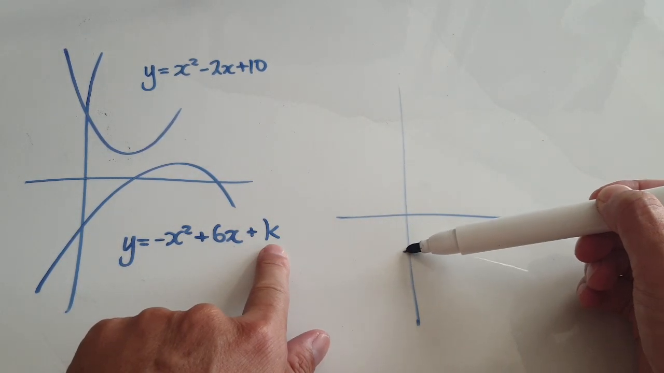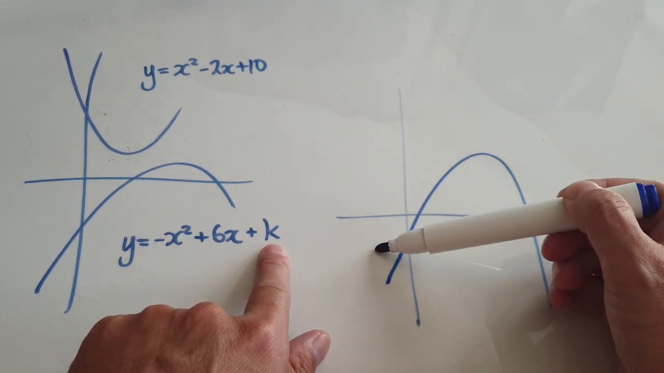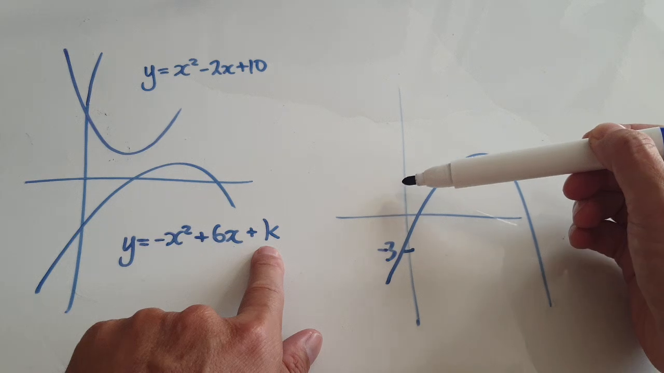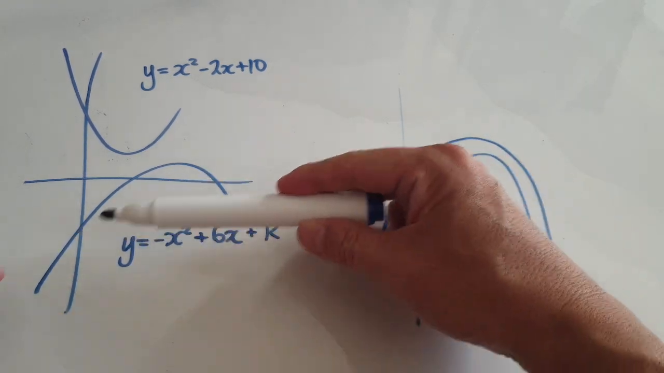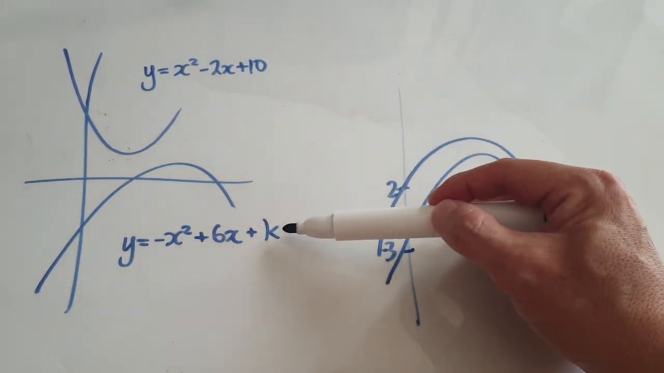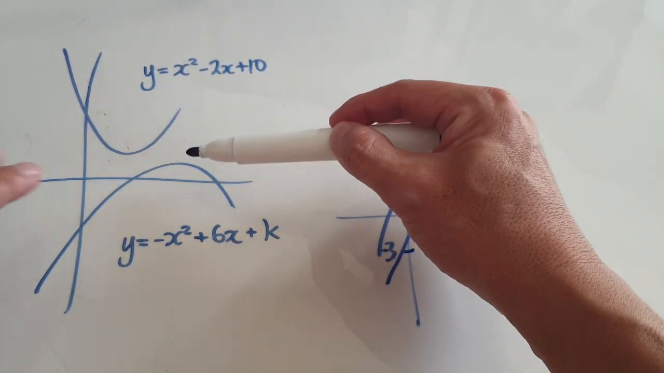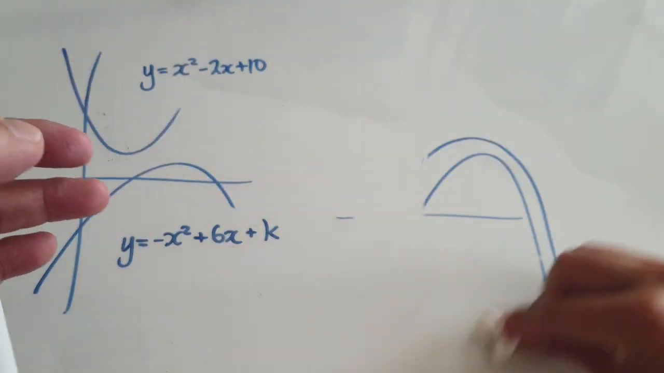So if k is -3, then this quadratic will look something like this at -3. If k is 2, then it will look something like this. So this k here allows you to move the bottom quadratic up and down. Your job is to find a value of k for which the two quadratics will touch just once. So for example,